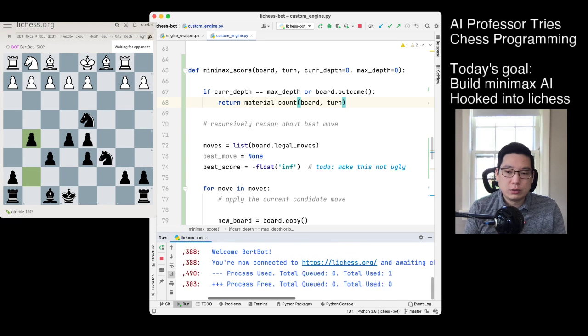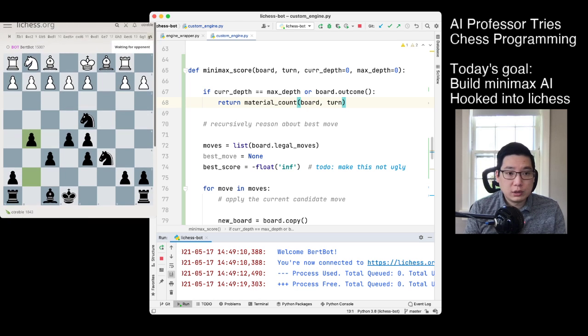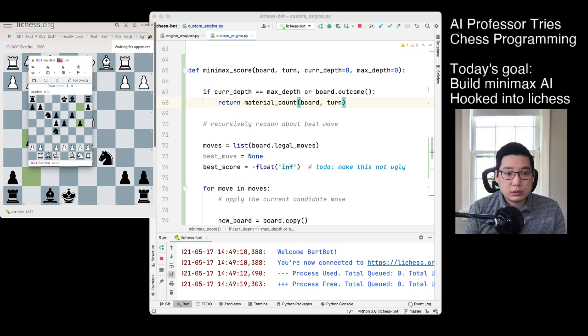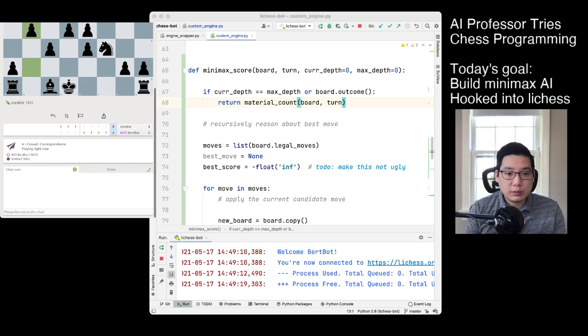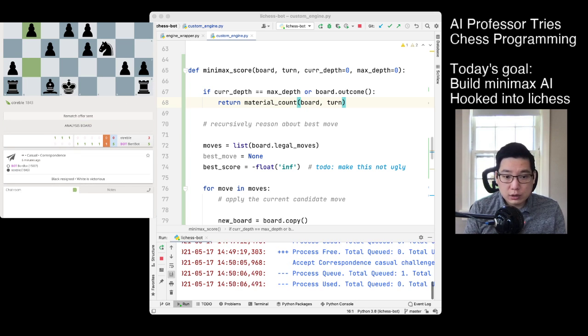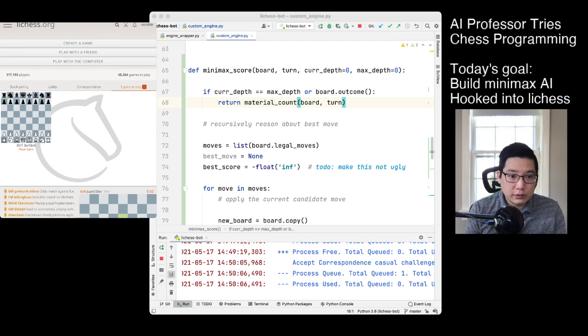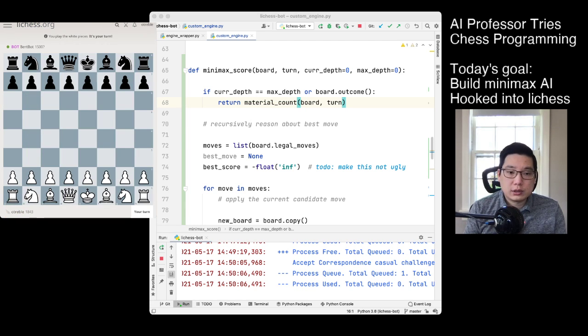Is it thinking, or is it not connecting? Doesn't look like it's connecting. All right, I'm going to forfeit this game. This is very clunky. And, okay, accepted that game. So now I have to find it. Here we go. And let's try to see if it will take, okay, so I'm going to, so this square